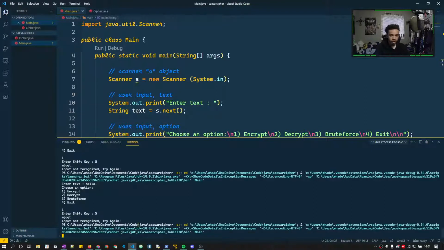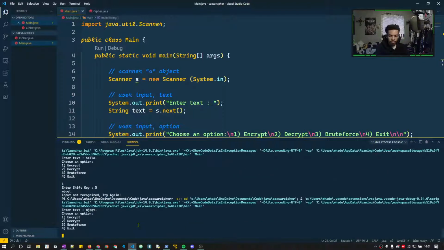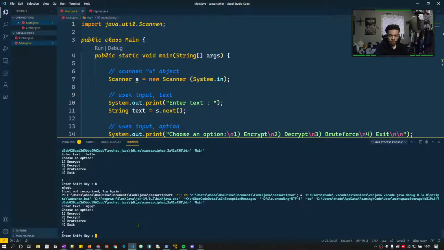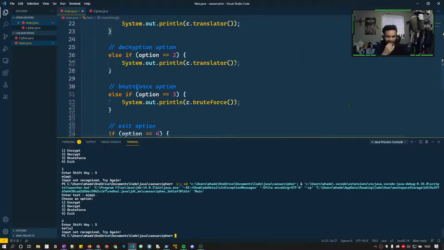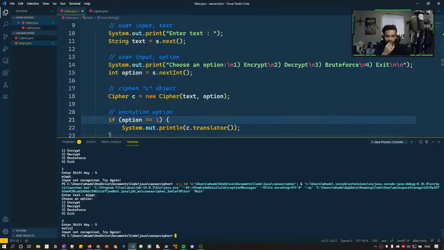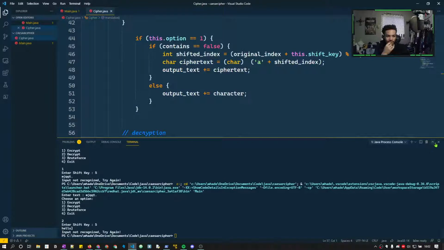Now if we try to do this again, so let's do MJQQT, period. Then 2 to decrypt it. And then shift key of 5, hello, and then it does a square bracket. We're getting closer. We're getting closer. So in the ciphertext,